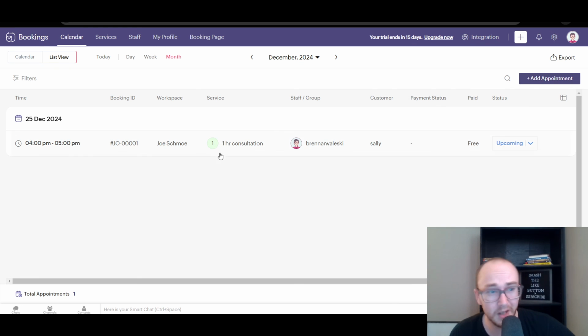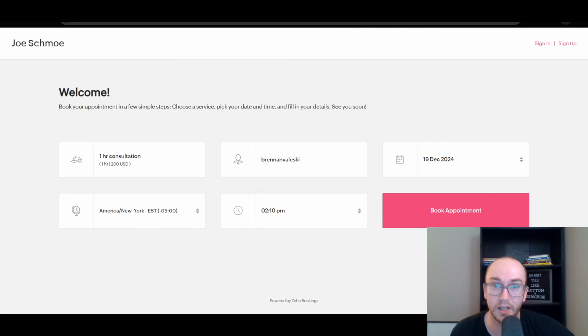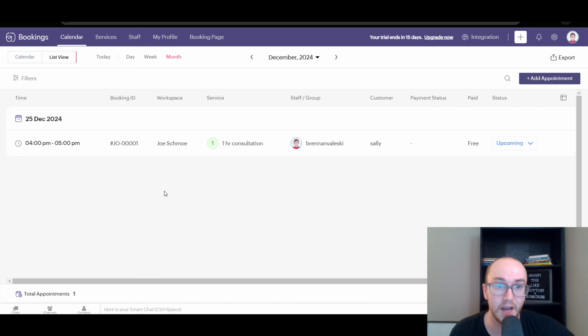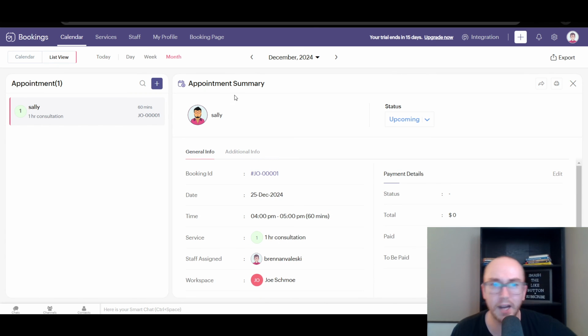And as you can see, it's pretty simple setup here, right? You have your bookings, you got the booking page where people go in and book the appointments, and then things are set inside here as to where they're going to be set up. Now, I would recommend this generally more so for people that are going to be doing in-person businesses with physical